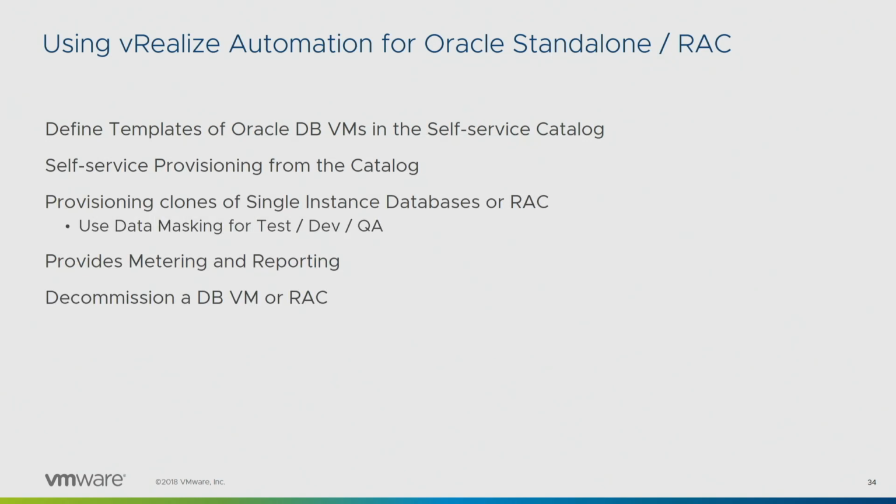Absolutely. So we have two tools that we're using already, Atlas, and then OEM. The DBAs like to do this with OEM. So, and then if you add VRA on top, I think VRA is a good direction, but I don't know how we would deal with the struggle between the DBAs wanting to do OEM versus...